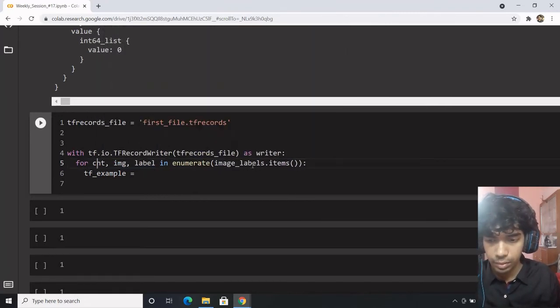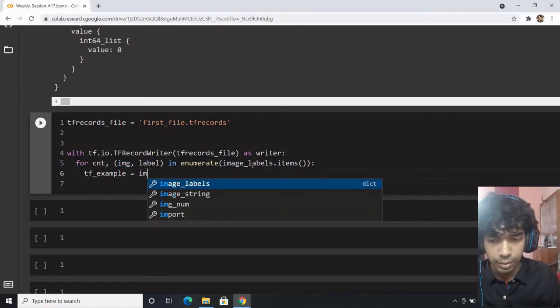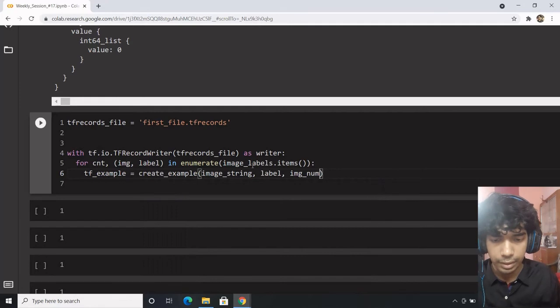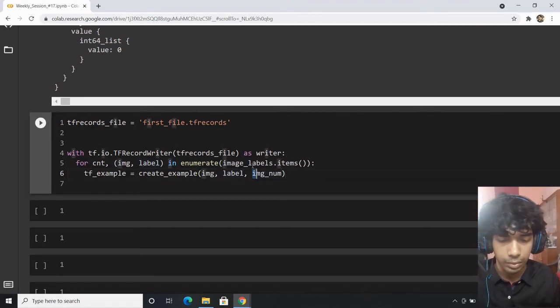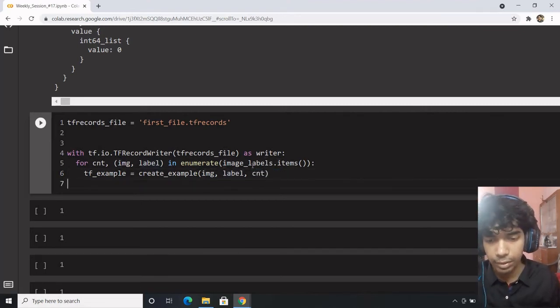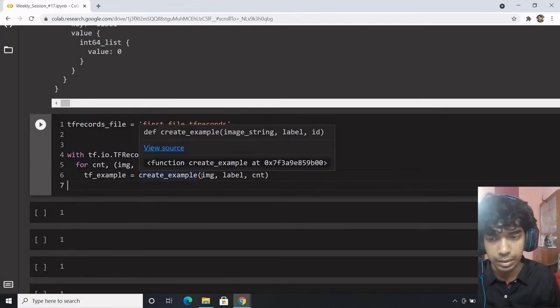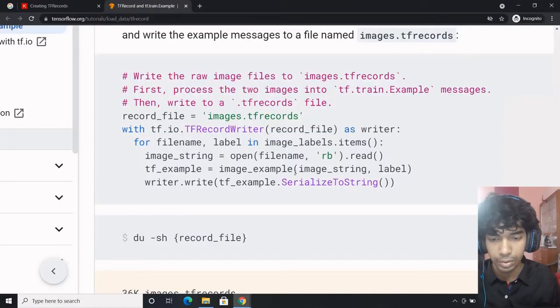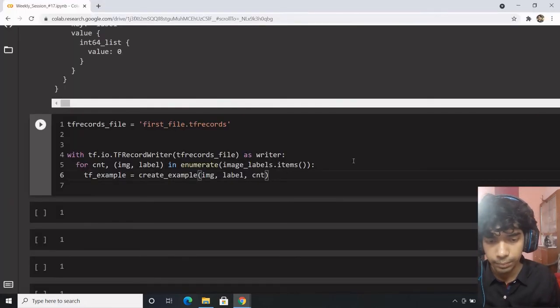Count, so this part would be image. I need a tf create example wherein I have the image string, which is image, label, count. I don't think it would be running as I have not made an image string. The images are in image, but yeah, so we need to make an image string. Good.